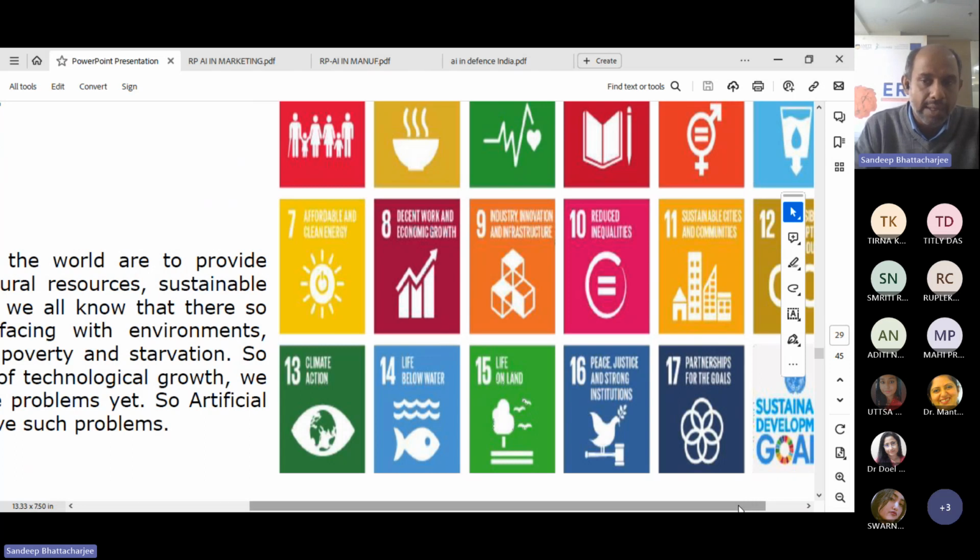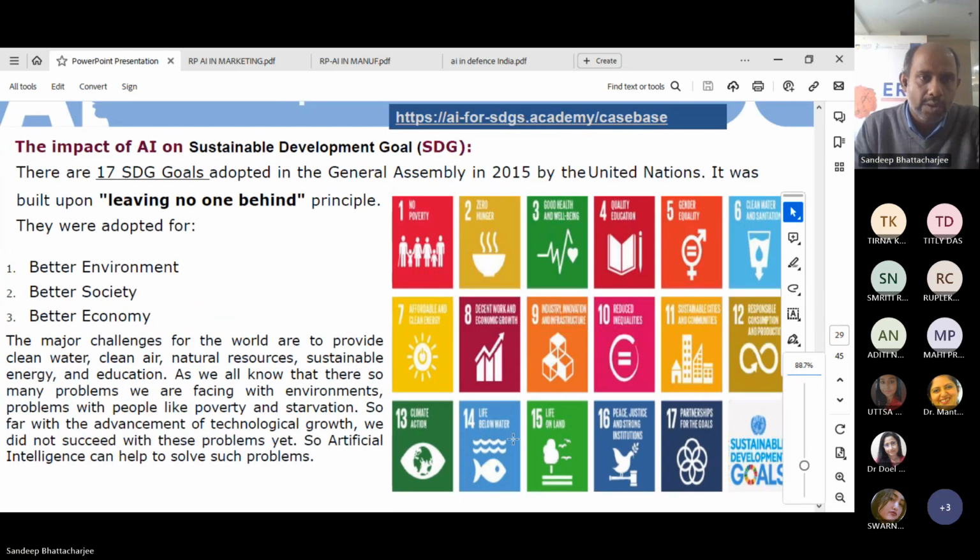And then you have got partnerships for the goals. So that mentions that we have to work in partnerships, between private companies, private public sectors, so that we can fulfill all the above previous 16 goals that have been laid by United Nations. So all these were adopted for three main purposes. Broadly,